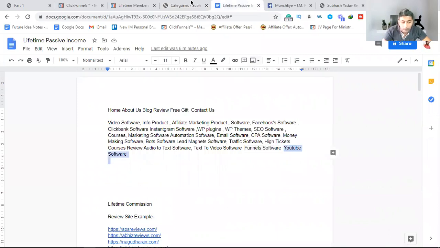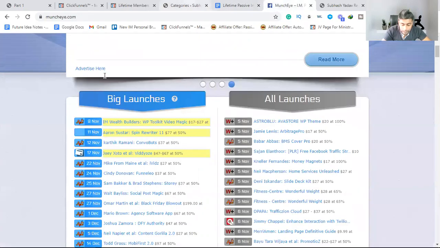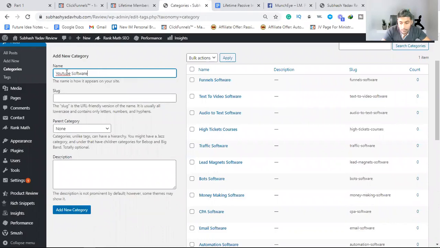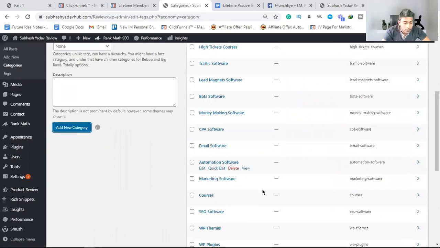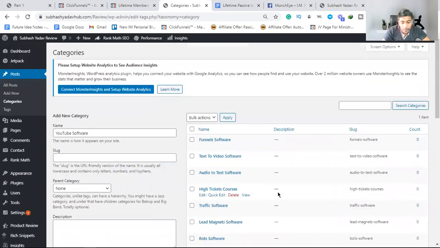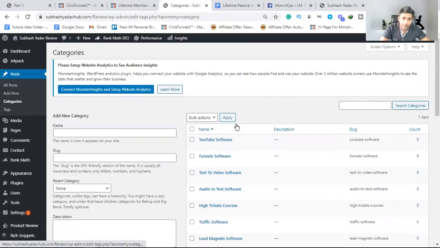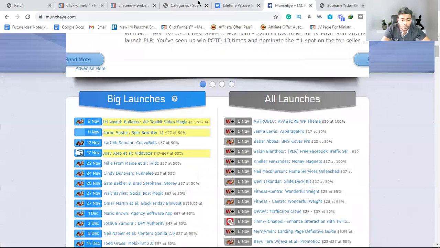I have missed out some categories, so you need to just research yourself, because it takes a lot of time. So you can see I have created a lot of categories. You can create categories too, just think and search here, and you will find a lot of categories.